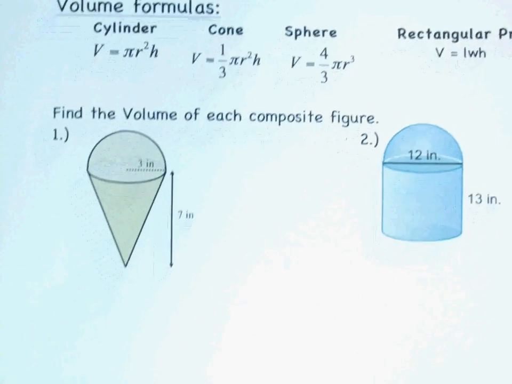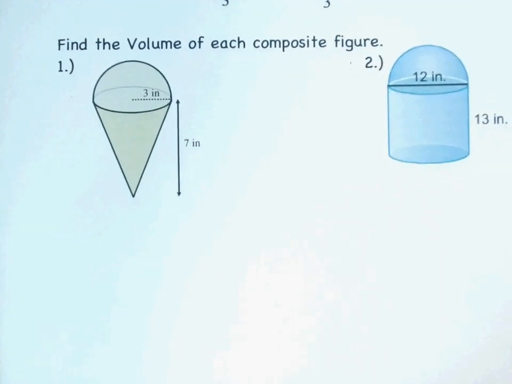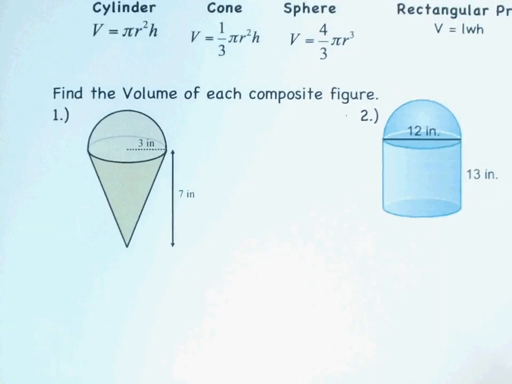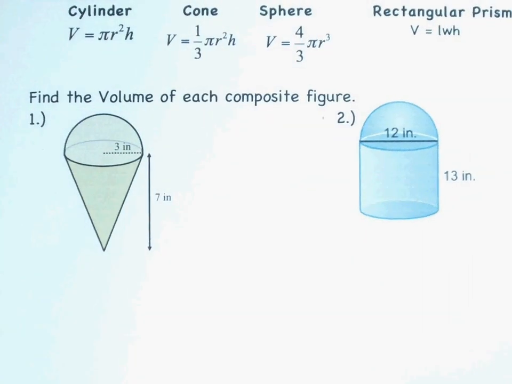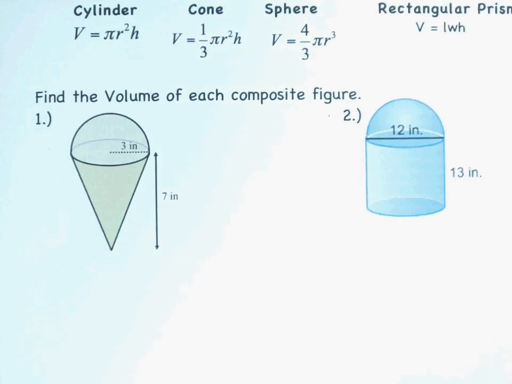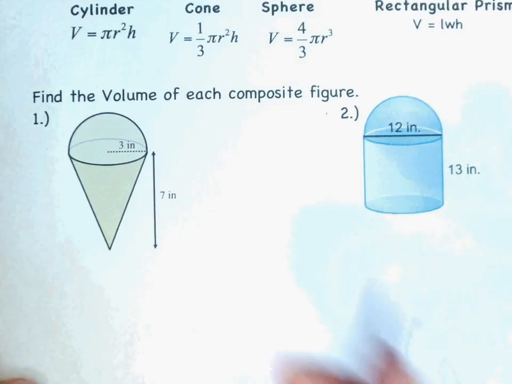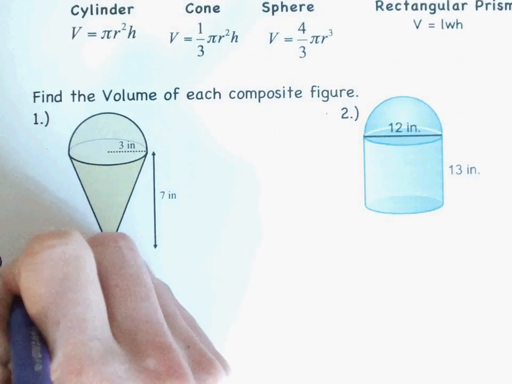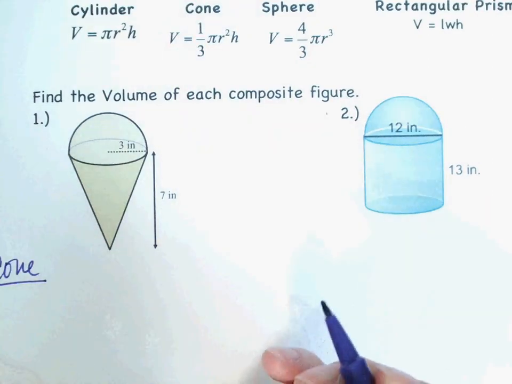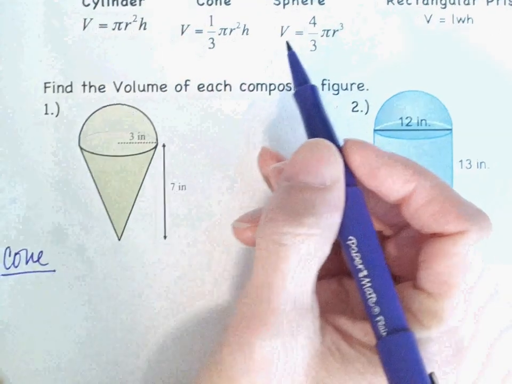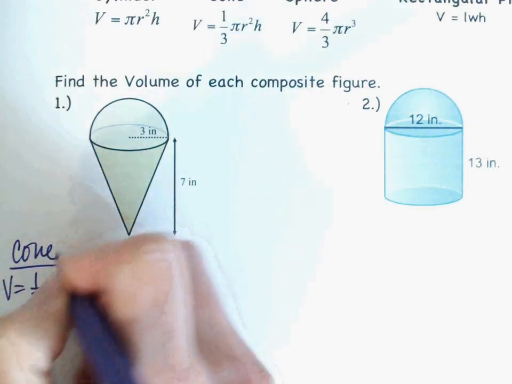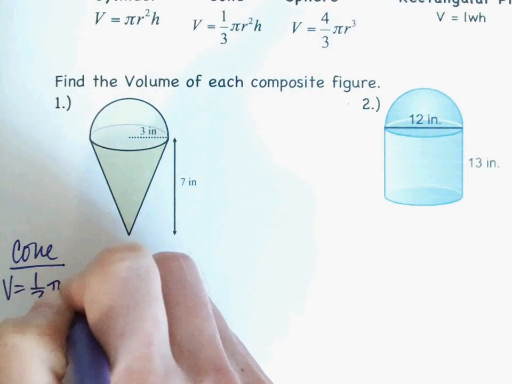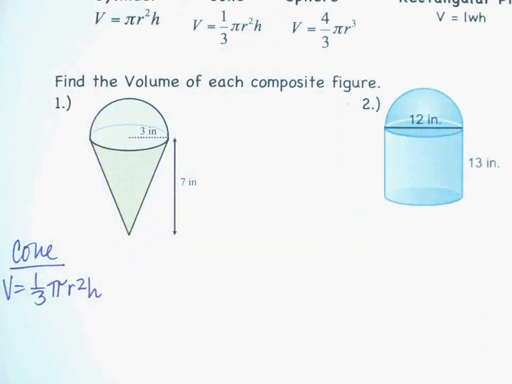What we have is a cone and a hemisphere, and if you remember, what we are going to do is find the volume of each and then add them together because, again, it's asking for the total volume. I'm going to go ahead and start with the cone. So for the cone, I'm going to take the formula, which is V equals 1/3 pi r squared h,